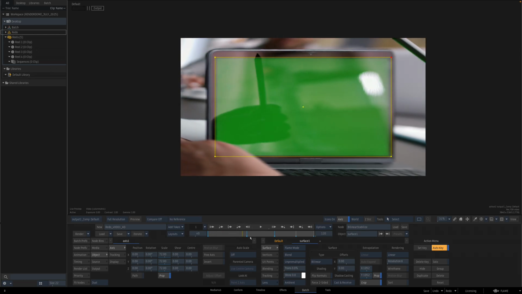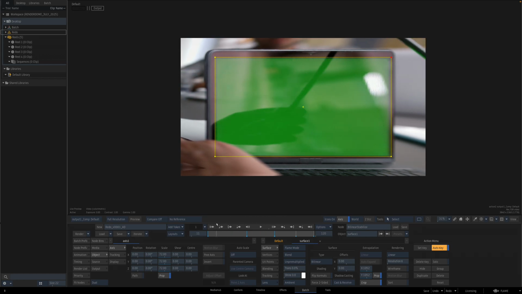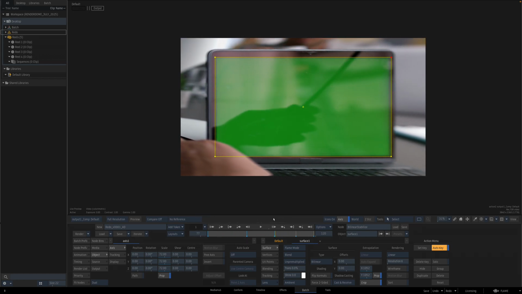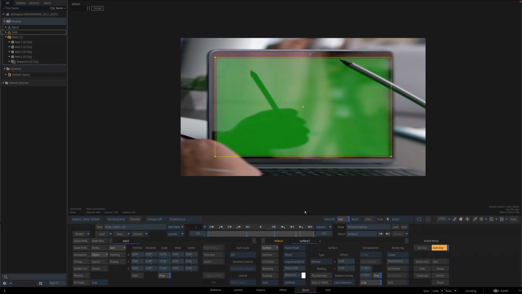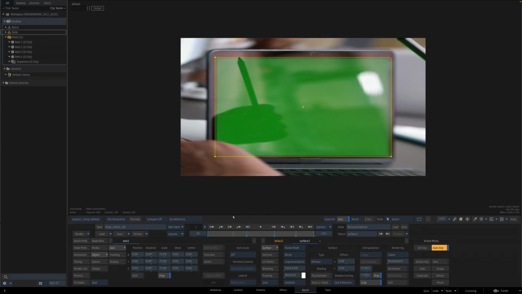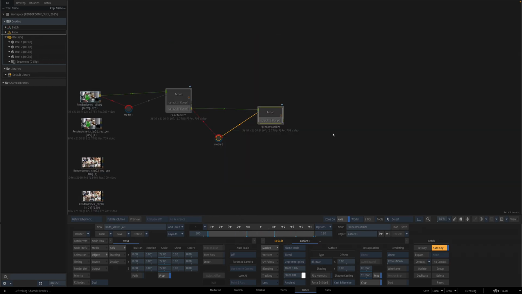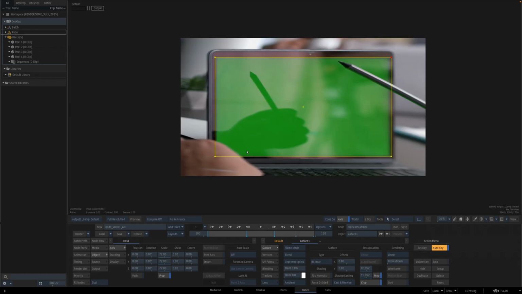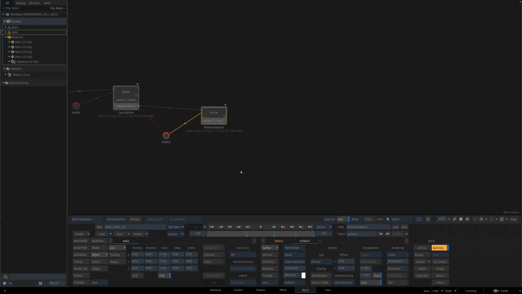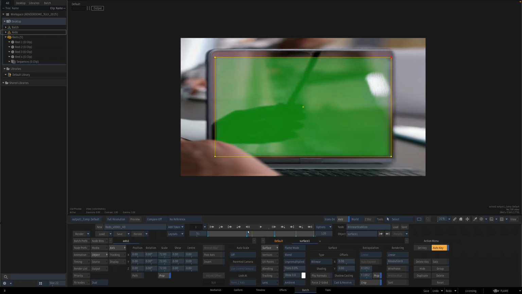And now if we scrub at the screen, it's pretty good. You know, it's a little wobbly, but I don't know, I can't put my finger on it. It's okay. We're just going to say it's fine. So now I've got something that I can paint on to clean up the tape on the bottom and the